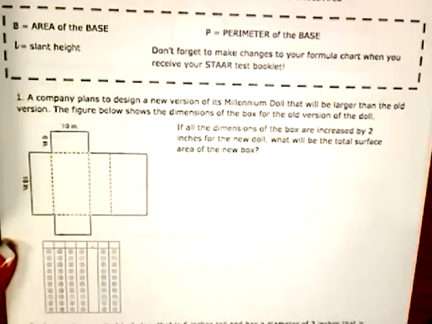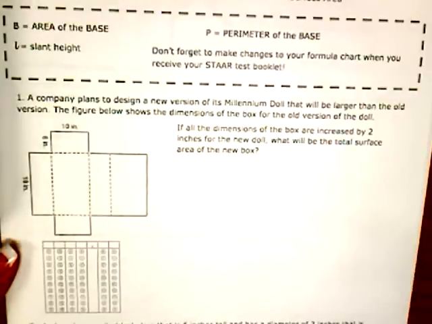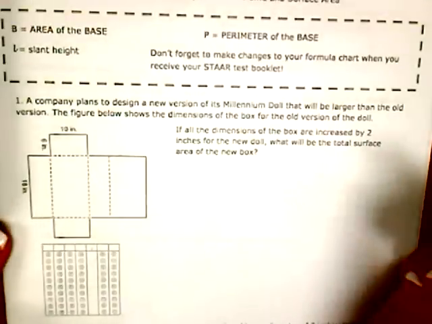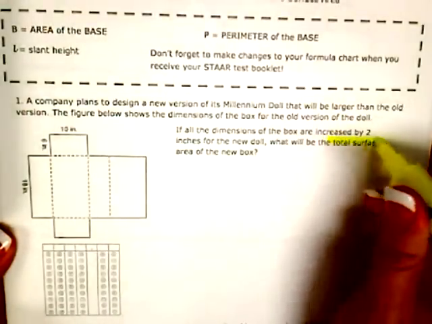Okay, let's start with number 1. It says a company plans to design a new version of its Millennium doll that will be larger than the old version. The figure below shows the dimensions of the box for the old version of the doll. If all the dimensions of the box are increased by 2 inches for the new doll, what will be the total surface area of the new box? So I'm looking for my total surface area,